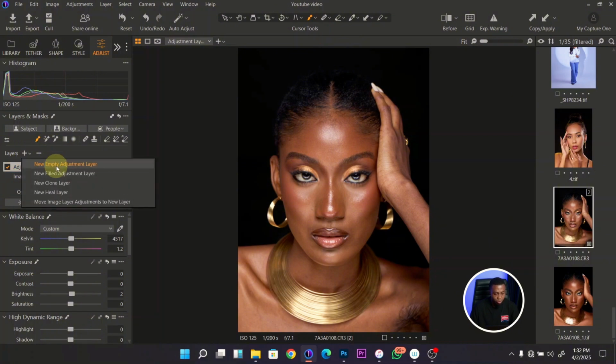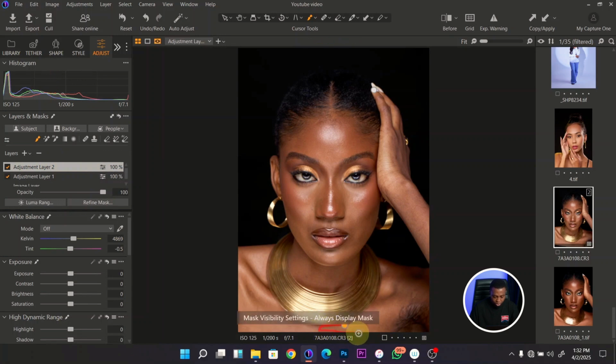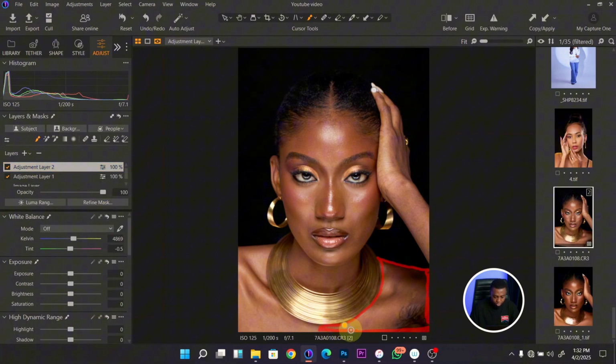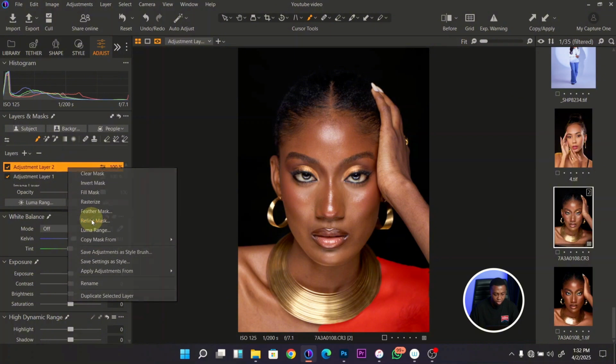So right click, new empty adjustment layer, and then I'm going to make my selection. So I'm still going to come here, right click, say fill mask. So you should always ensure that all the edges are properly connected. If not, when you say fill mask, it is not going to fill. So right click and say fill mask. Then I'm still going to refine so the edges are